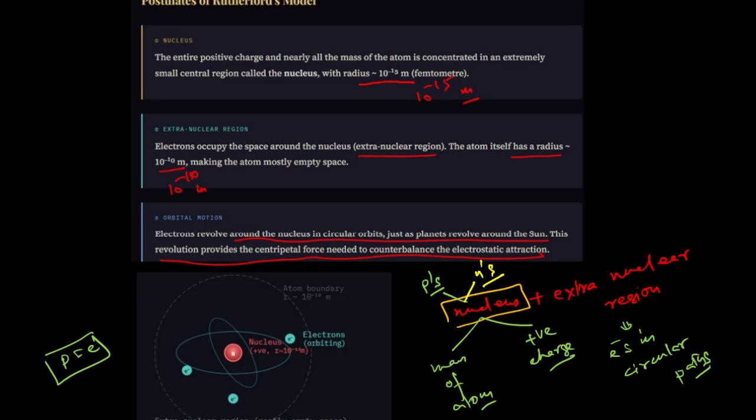But the point is, an atomic model is not only about the arrangement of the subatomic particles. It is also that the model should justify the stability of the atom. Okay. So how did Rutherford justify the stability of the atom? So he said,